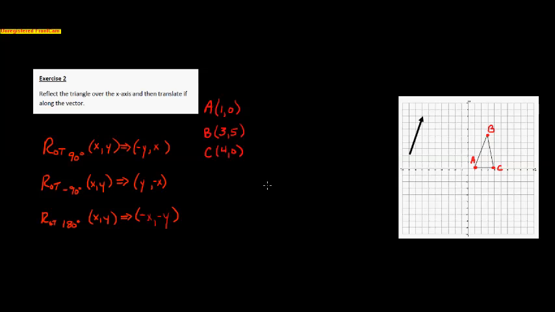Alright, here is exercise 2, and in exercise 2 we're going to do a reflection over the x-axis. We're going to do that first, and then we're going to translate it along this vector. Again, I've labeled my triangle and I've listed the coordinates for my points. I would like you to do the same, and the first thing we're going to do is reflect over